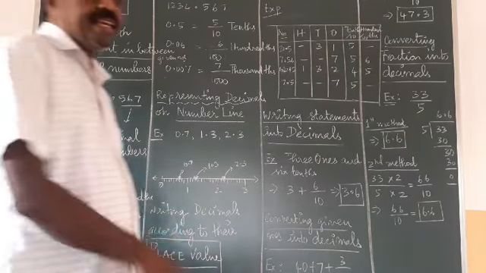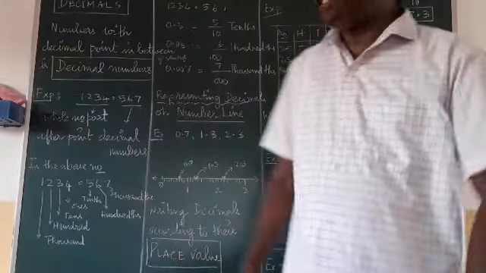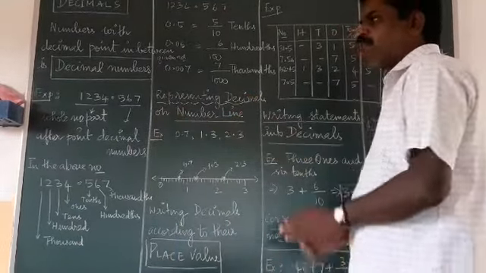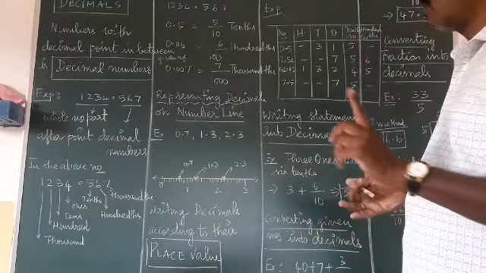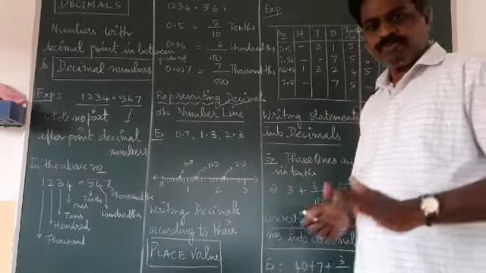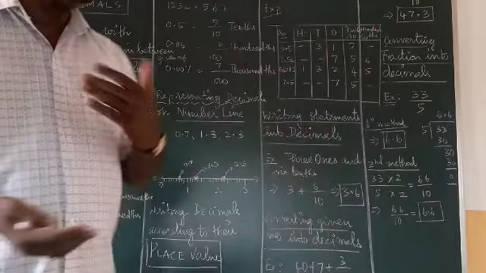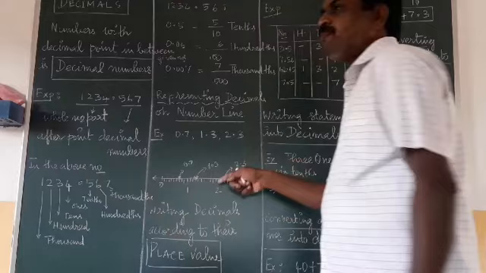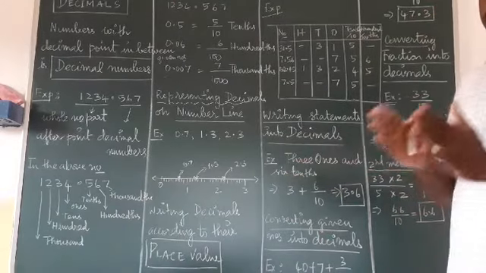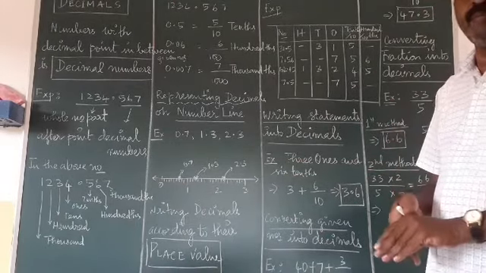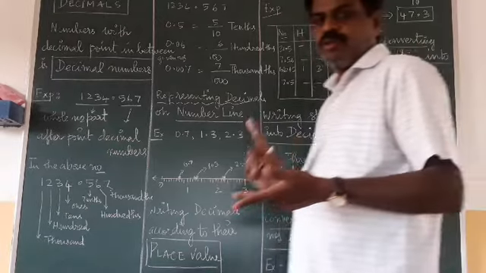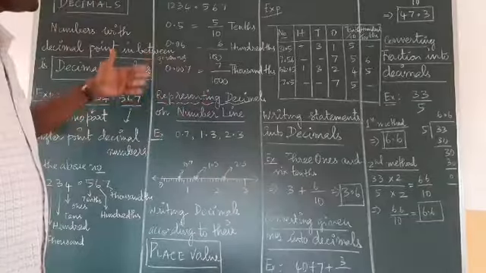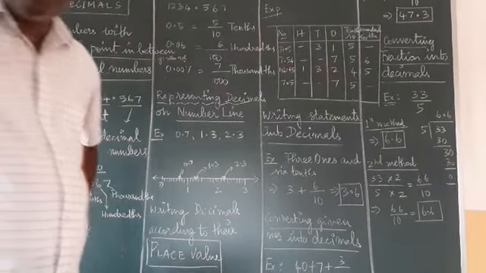And we have already studied the place value of each number. Once again, you will recollect it. In this chapter we are going to see: What is the place value? How to convert a decimal into a fraction? How to convert a fraction into a decimal? How to point a decimal number on the number line? What are the place values of the given decimal number? How to add? How to multiply? How to subtract? How to divide? All this procedure we are going to see in the decimal chapter.